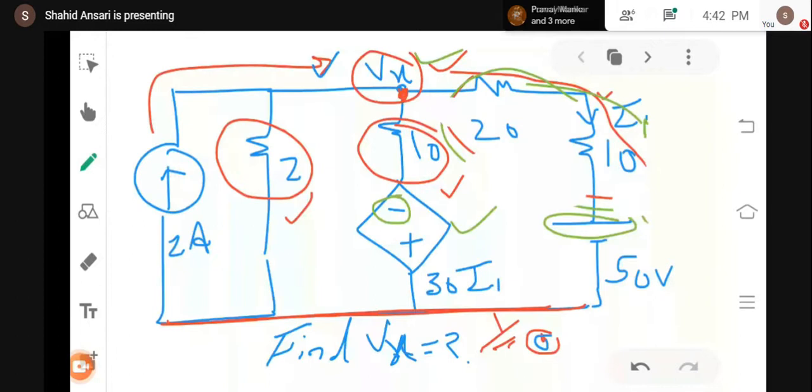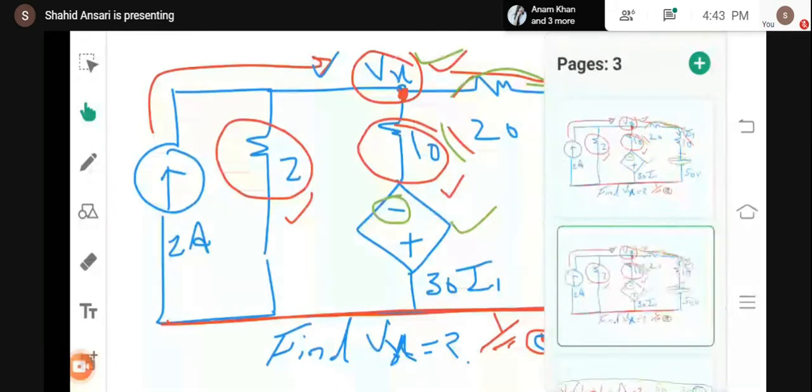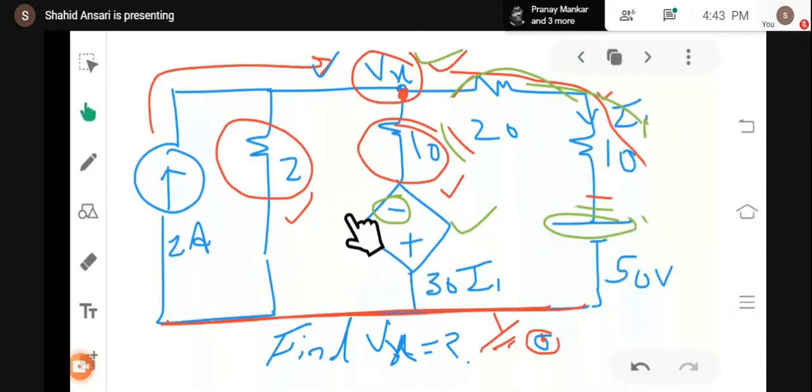Now, what can be done? You will have to apply simple logic. You can apply KVL, KCL in branch or in loop or in mesh, whatever you want. This particular point is considered as Vx, and the voltage of this particular point is 0, and the voltage of this particular point is Vx. Vx minus 0 means the overall voltage of this branch can be considered as Vx. Vx minus 0 means the total voltage across this branch can be considered as Vx. Am I right? Total voltage across this branch can be considered as Vx.